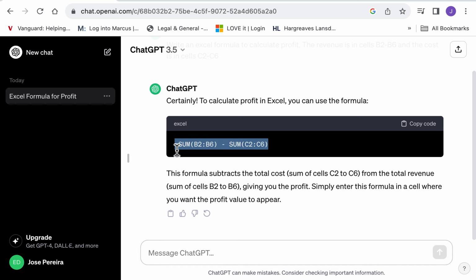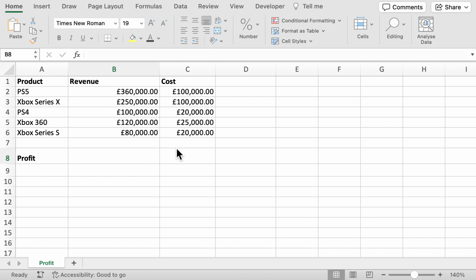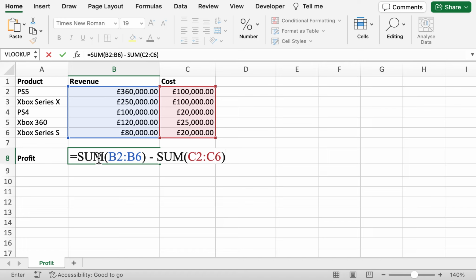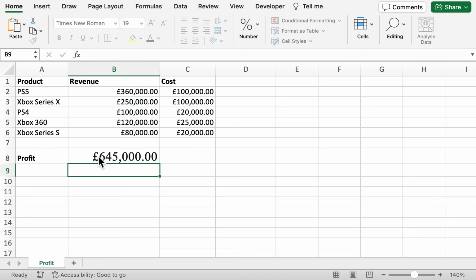So I'm just going to copy and paste that now into Excel. As you can see there, it straight away highlighted the data that we need. I'll now press enter, and as you can see, that's our total profit for all our